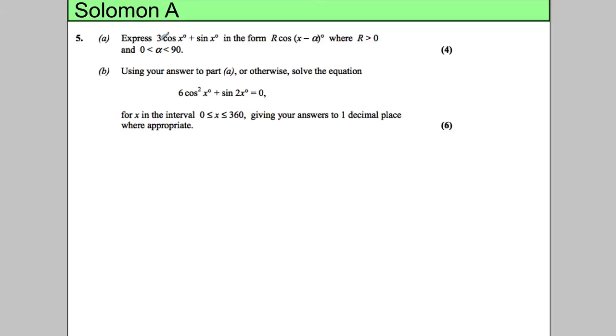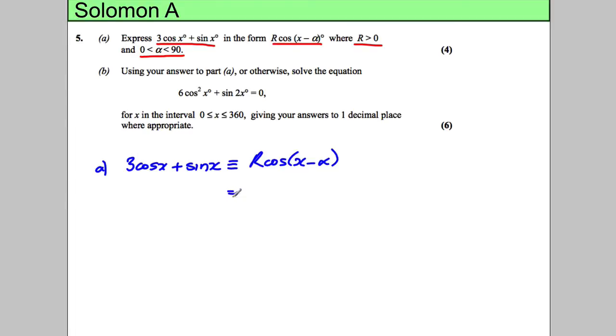In this question we're asked to express 3 cosine x plus sine x in the form r cos(x subtract alpha), r bigger than 0 and alpha between 0 and 90. Same old stuff. 3 cosine x plus sine x needs to be written in this form, r cosine (x subtract alpha). Expanding this using the addition formula, this would be r cos x cos alpha, add r